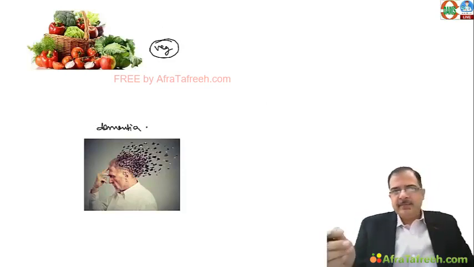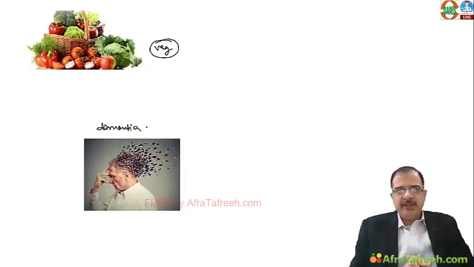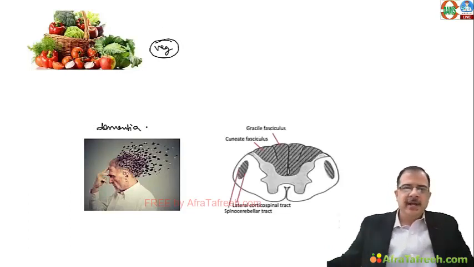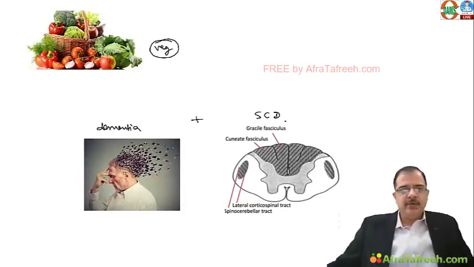While a patient is taking only fruits and vegetables, a pure vegetarian diet, the patient has dementia. So in one extreme, the patient was not taking fruits and vegetables. In the other, the patient is taking only fruits and vegetables. So pure vegetarian diet, and the patient has a degeneration of the posterior column as well as the lateral column. So it is subacute combined degeneration of the cord. So these features, dementia, subacute combined degeneration, vegetarian diet, is nothing but B12 deficiency, mainly neurological features.